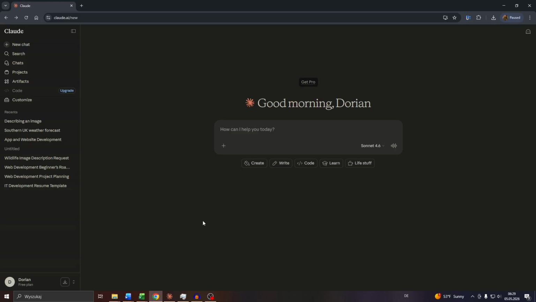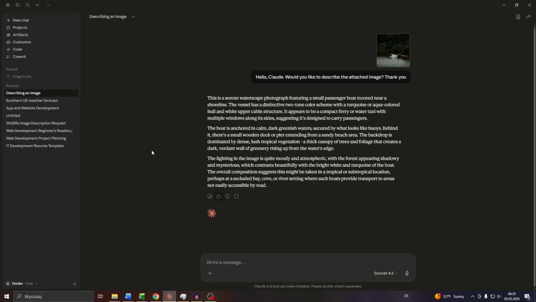So guys, let me launch the Claude AI desktop application for that, but you can do this also through the web version. And what you want to do is navigate to one of your conversations here from that list on the left hand side, or start a new chat by clicking into new chat here or using that button